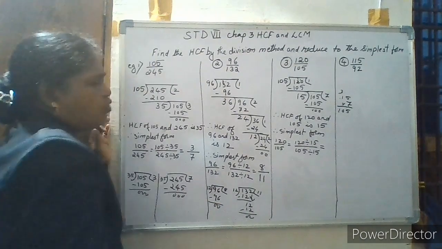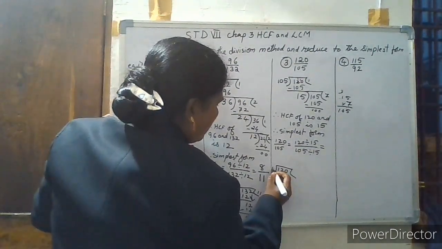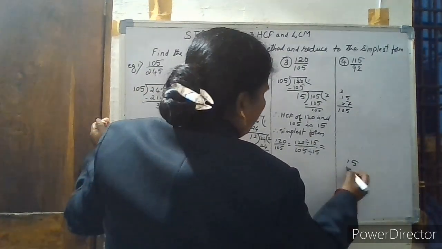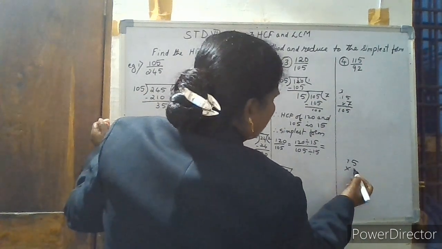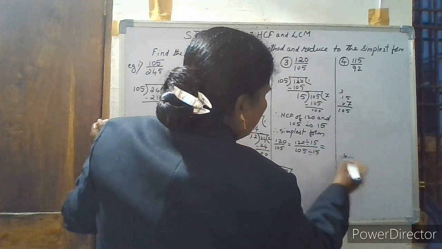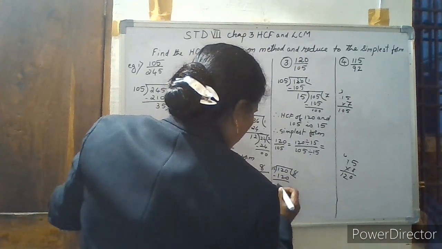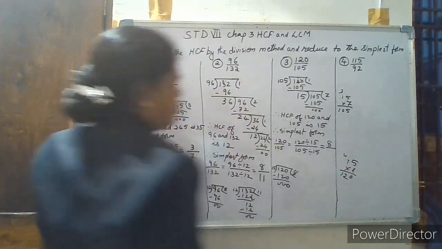So do the division, 120 divided by 15. 15, 8 times, let us do. 8 fives are 40, carry 4. 8 ones are 8, 9, 10, 11, 12. So 8 times 15 is 120, minus, 0 0. So we got the simplest form here, 8 upon